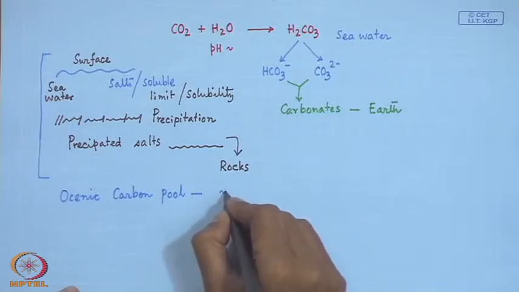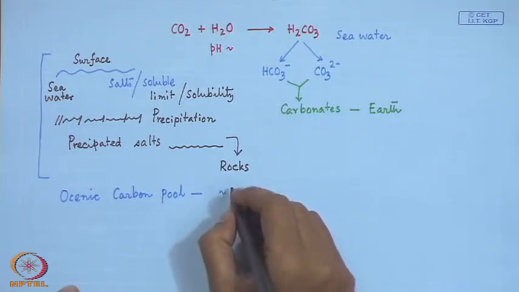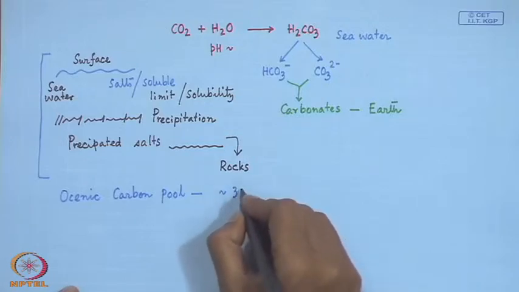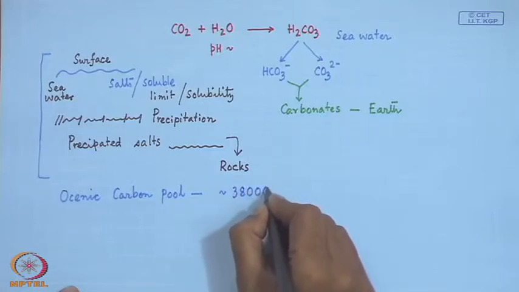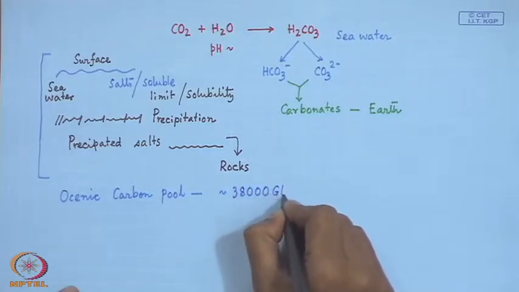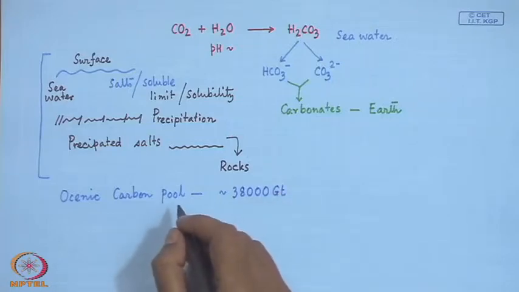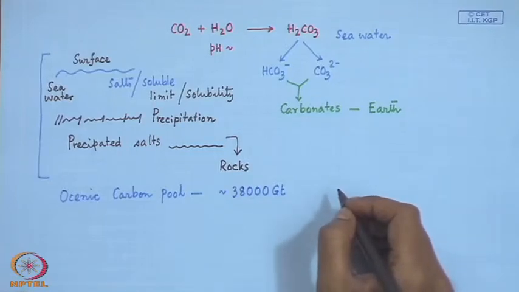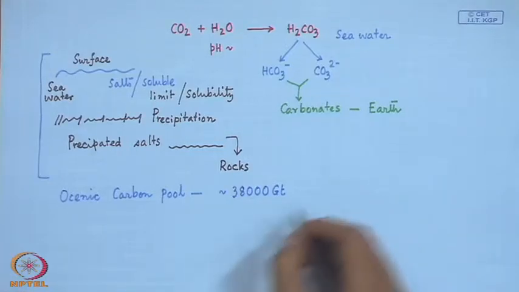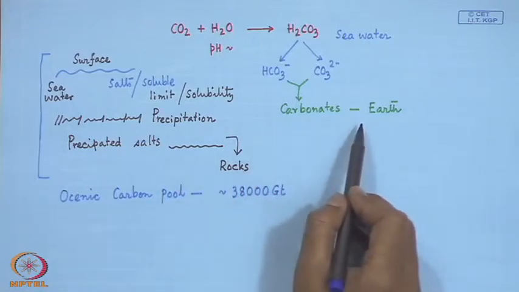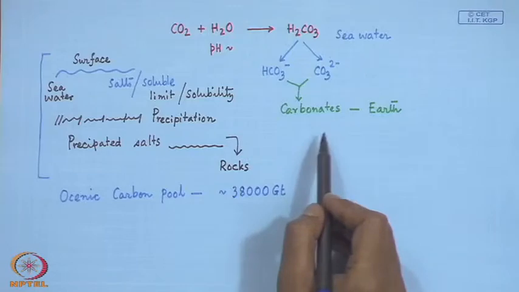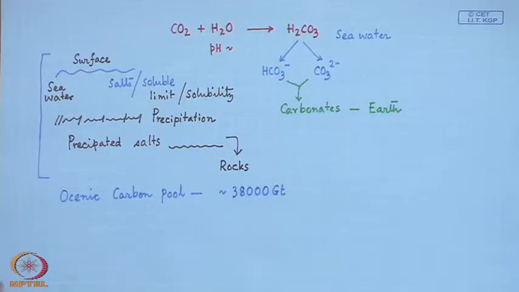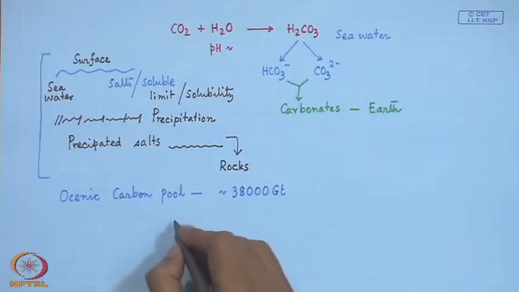the amount also can be estimated in terms of the corresponding gigaton amount that we have estimated for the carbon storage. So, here also about 38,000 gigaton of carbon fossils are there, which can be stored year after year, from that particular carbon pool. So, the oceanic carbon pool also includes the different carbonates, the metal ion carbonates. But if we consider how much of this is present as the corresponding fossil fuel,